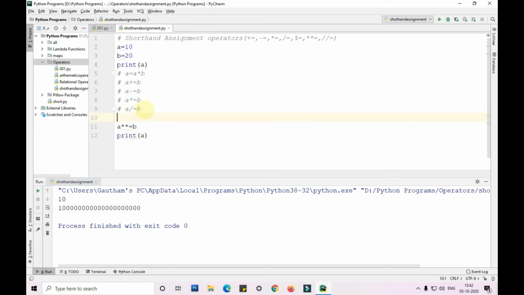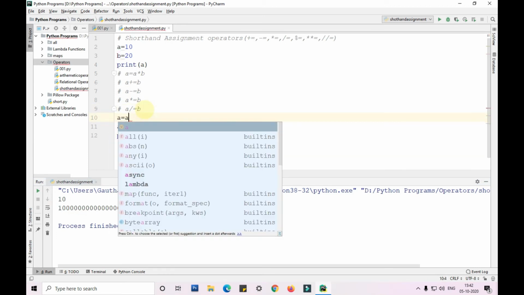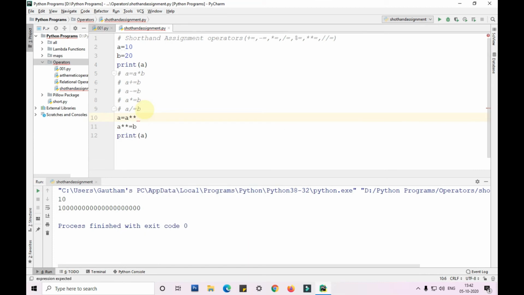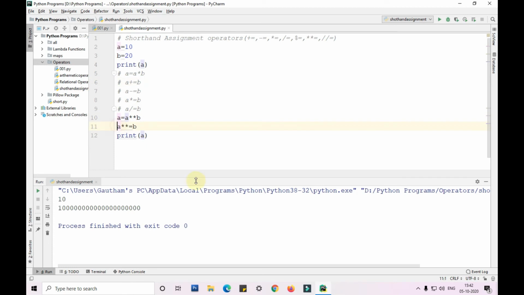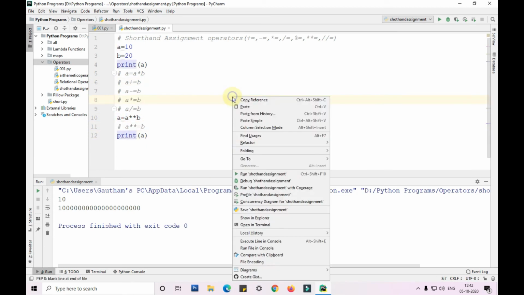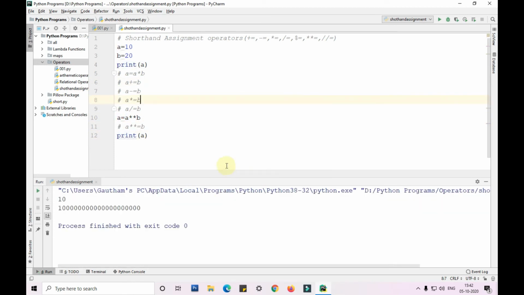If, for example, a equals a to the power b, now I'll comment this, and as you can see, we are getting the same output when we run this particular code and when we use this particular code.